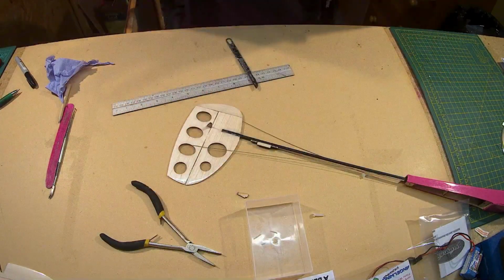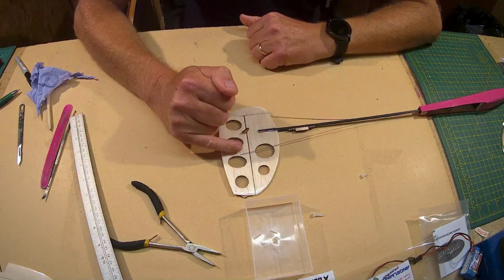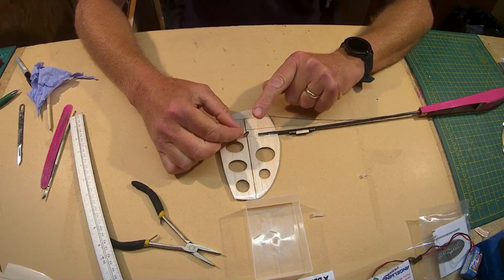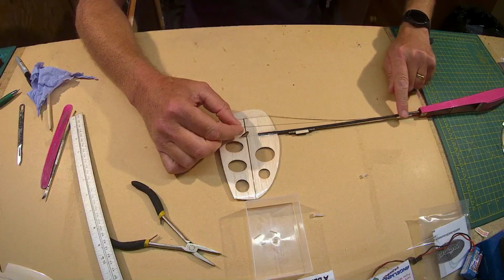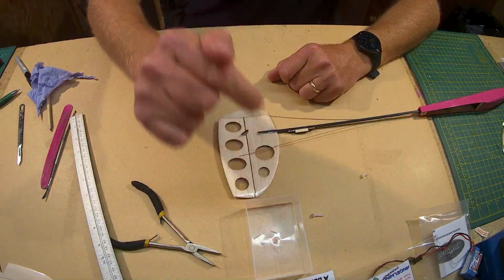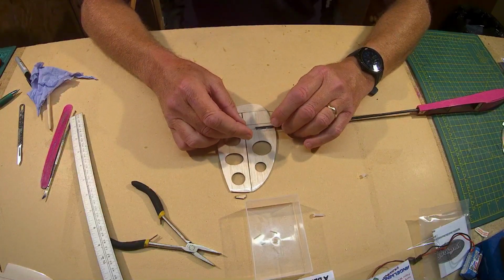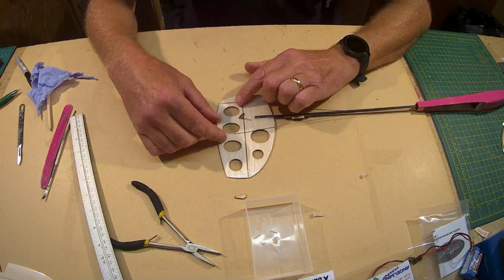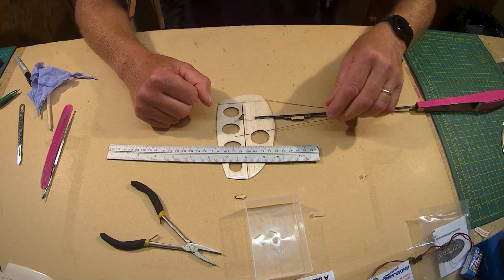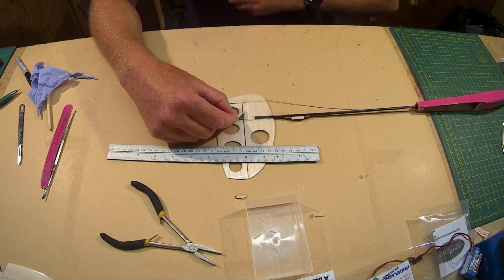Now, whatever you do, do not do any bending for this control horn before you slide the 3 PTFE tubes on that have got to go on there. So remember, what did Nick say? Put the 3 tubes on the metal rod before we do any bending. So the idea is, I'm going to hold that flat on the bench like that. I'm then going to slide the 3 tubes on, and then I'm going to hold that wire in place,